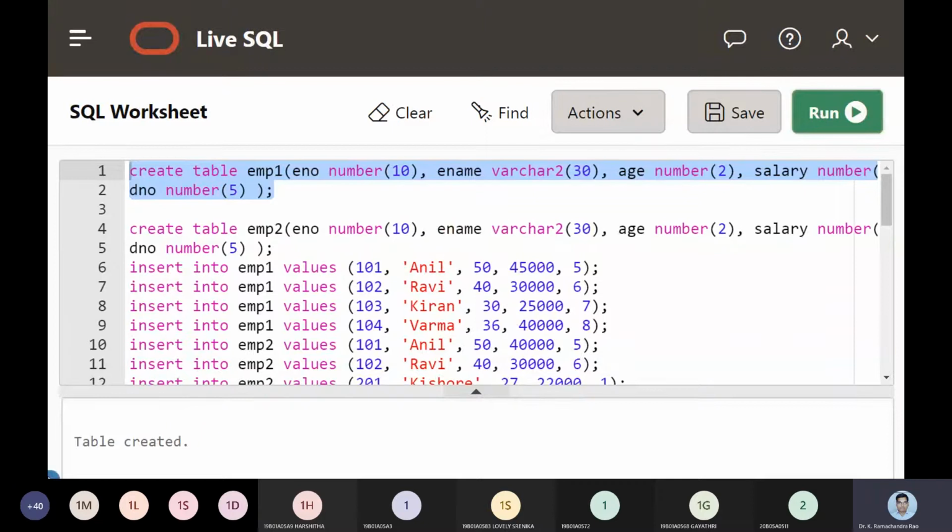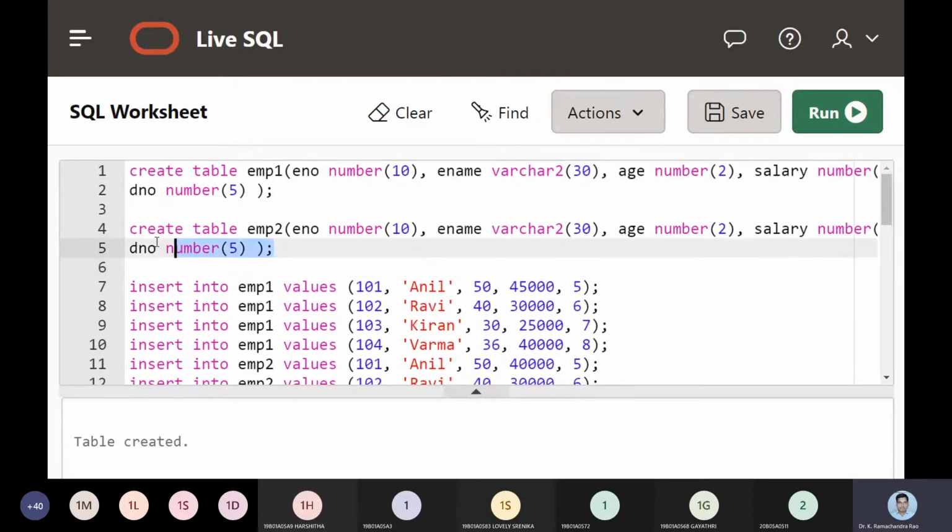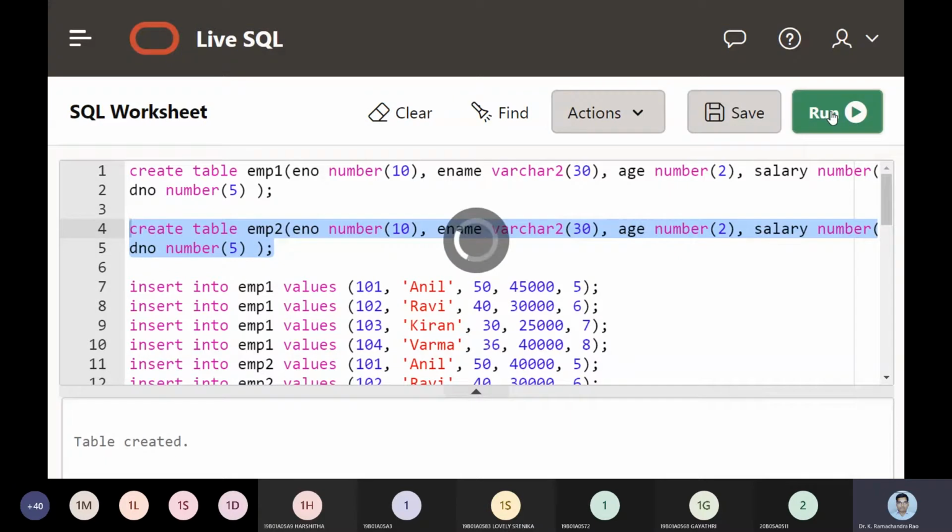Table 1 is created. Next, experiment number 2, so that we will have number, name, age, salary and department number. That is the second table to be created. Now you can see that table 2 was created.